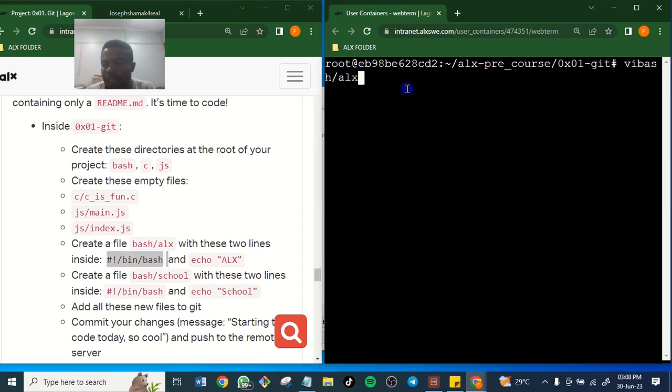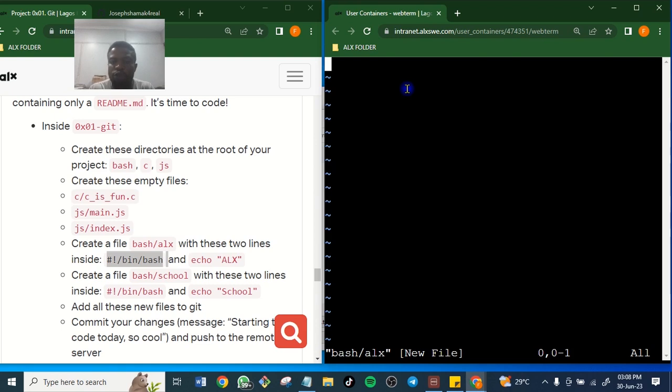Oh, sorry, we did not put space here. Vi bash/alx. Okay, good. We are now in the file. Because I think I deleted this before, that's why you are not seeing it.